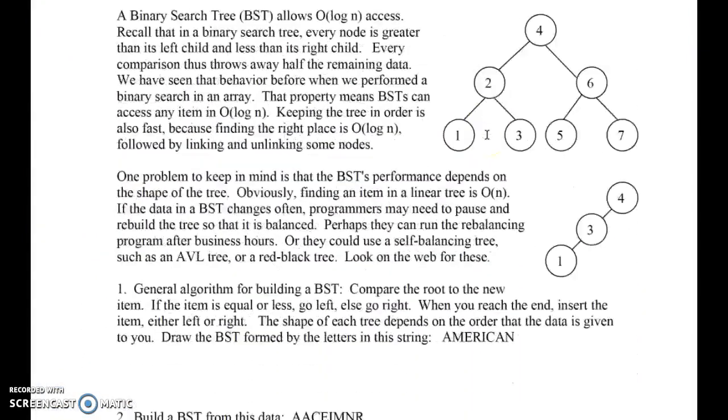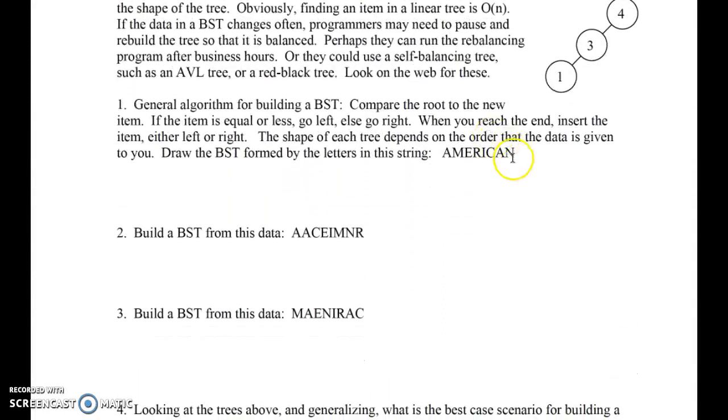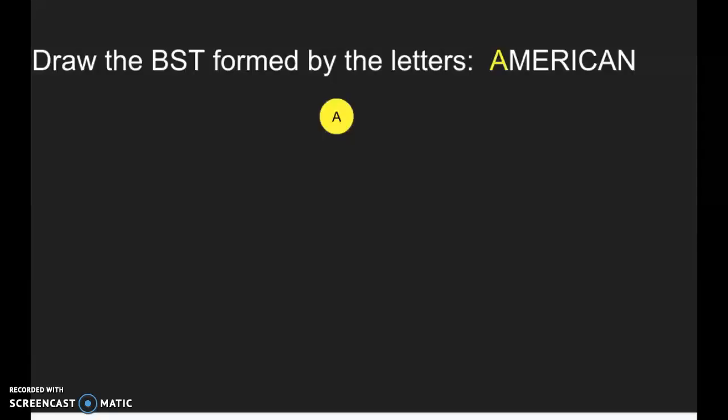Okay, so that first one, build and insert node. Using the worksheet here, we're going to look at 3 examples for, depending on how the data comes in, what our tree looks like when it gets built. And so this first example, we have the letters AMERICAN in that order. The first value, string value, taken first letter, is going to be that root node. When we go to insert